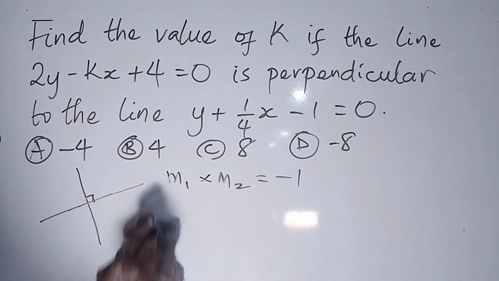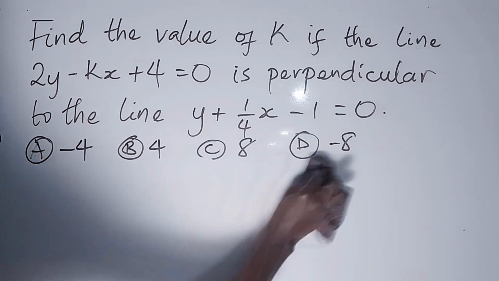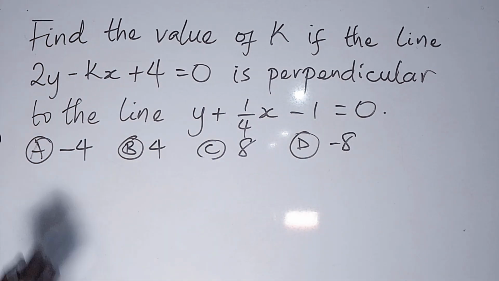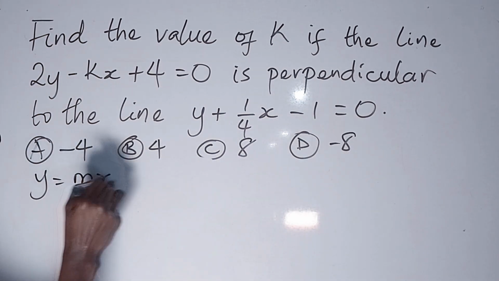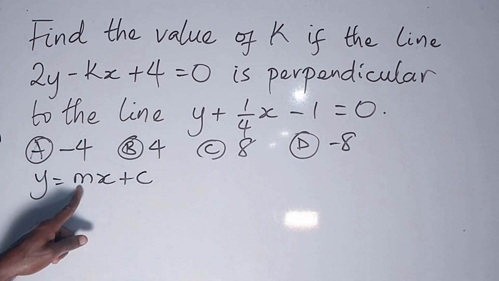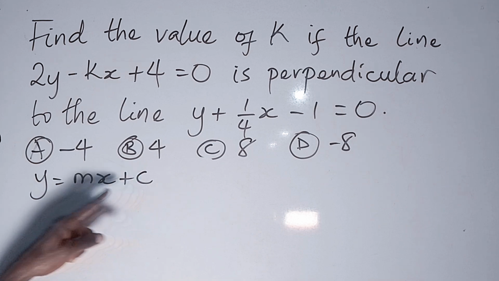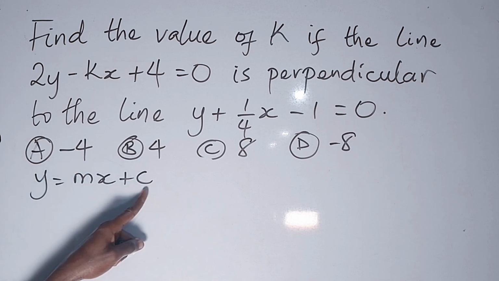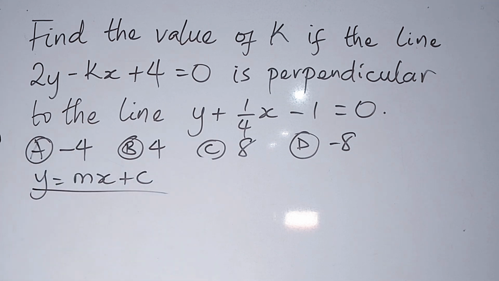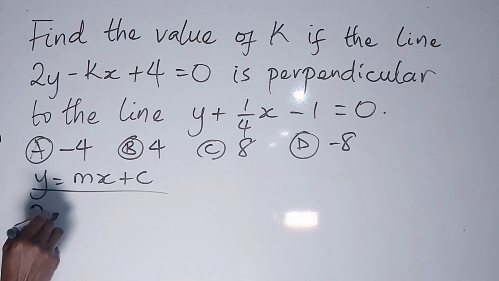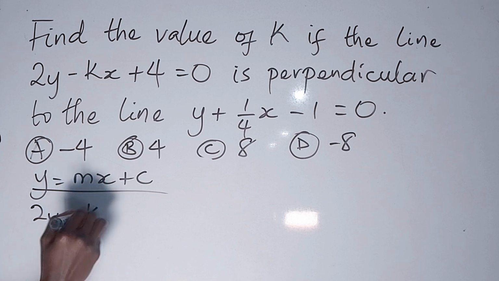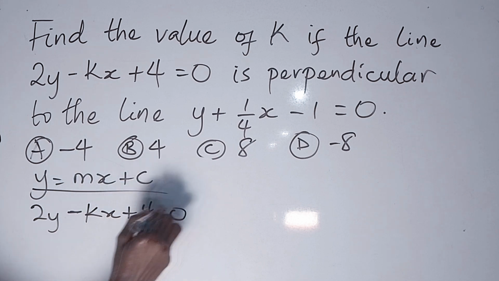Now the general form of every equation of a line is y is equal to mx plus c, where m is the gradient and c is the y-intercept. So if they give you any equation of a line, you need to change that equation to something like this. So if you have 2y minus kx plus 4 equal to 0,